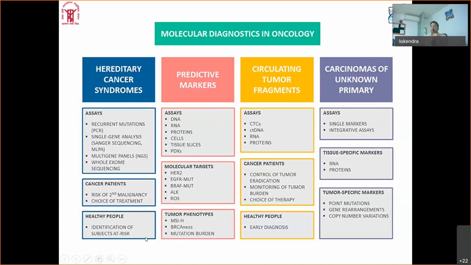I think these methods can also help them to find their vulnerability or susceptibility to certain conditions. Okay. And then predictive markers again. So this is related to genetics. We can also have a panel of predictive markers that can be used to identify a particular type of tumor or cancer. Assays can be based on DNA, RNA, proteins, or various types of histopathological examinations.